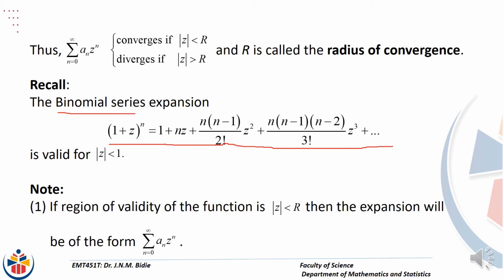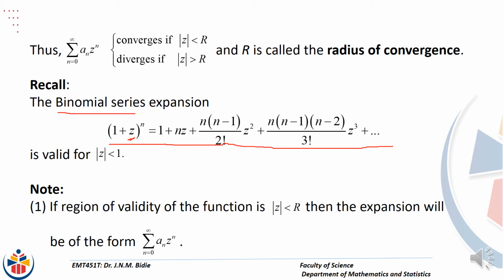times z squared. Note that to simplify matters, if you've got 2 terms in the numerator, then it means you are dividing by 2 factorial and the power of z is 2. If you've got 3 terms like n into n minus 1 into n minus 2, there are 3 terms there, then that means you are dividing by 3 factorial and the power of z is 3. And note also, it might not be z, but just a function of z that is in that